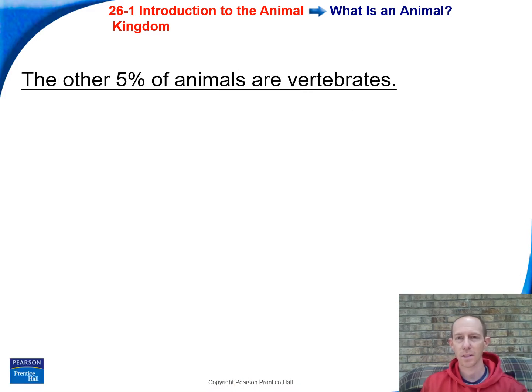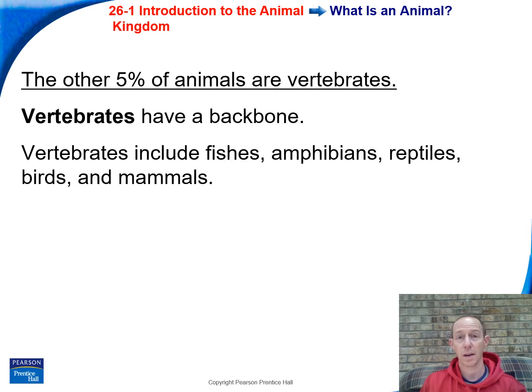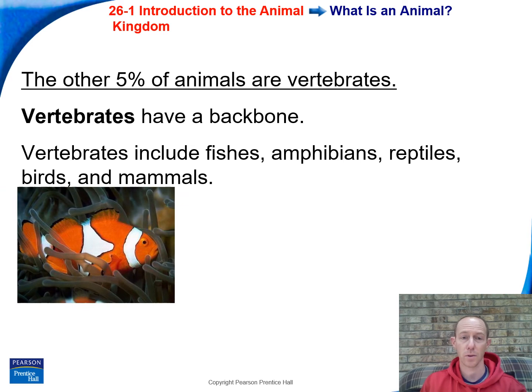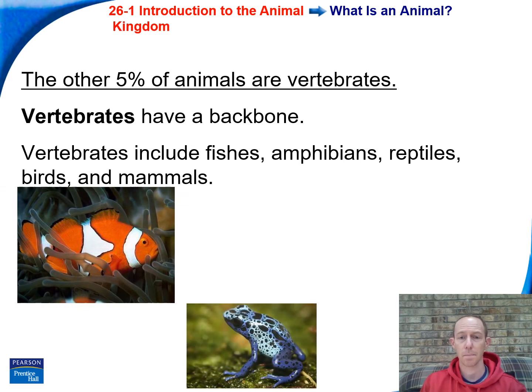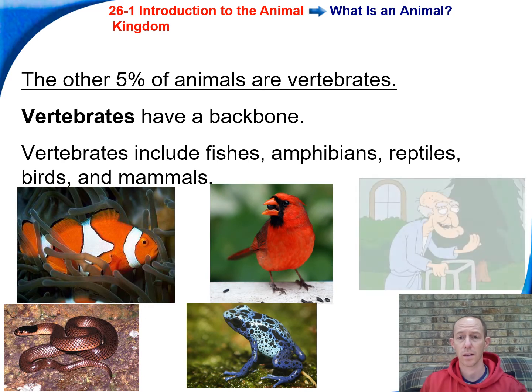That leaves as vertebrates the other 5% of species. These guys have backbones. There's just a small group of animals, but they're, of course, the ones we care the most about because, for example, people and birds. So we've got fish, amphibians, reptiles, birds, mammals, right? So these are all examples of the best kinds of creatures, which really are